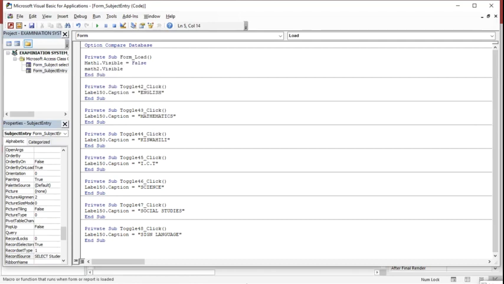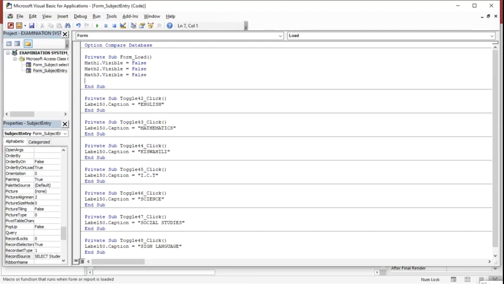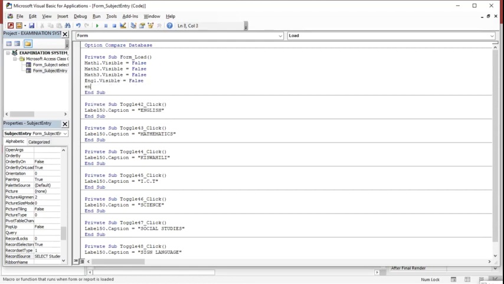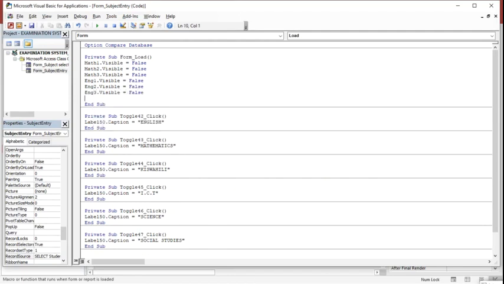Math2.Visible = False. Math3.Visible = False. Then you go to English1.Visible = False. Then English2.Visible = False. Then we have English3.Visible = False. Then we go to Kiswahili1.Visible